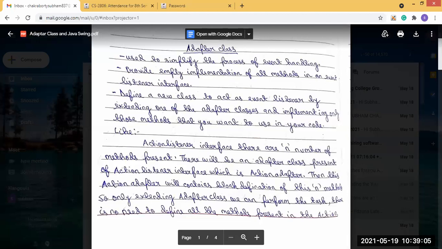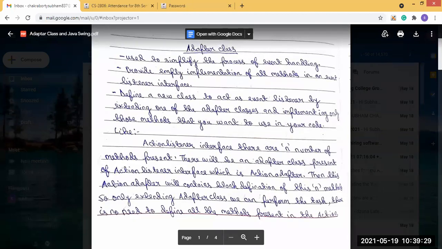This action adapter contains a blank definition of all these n methods. So all the n methods present in the action listener interface have their blank definition in this new action adapter class.